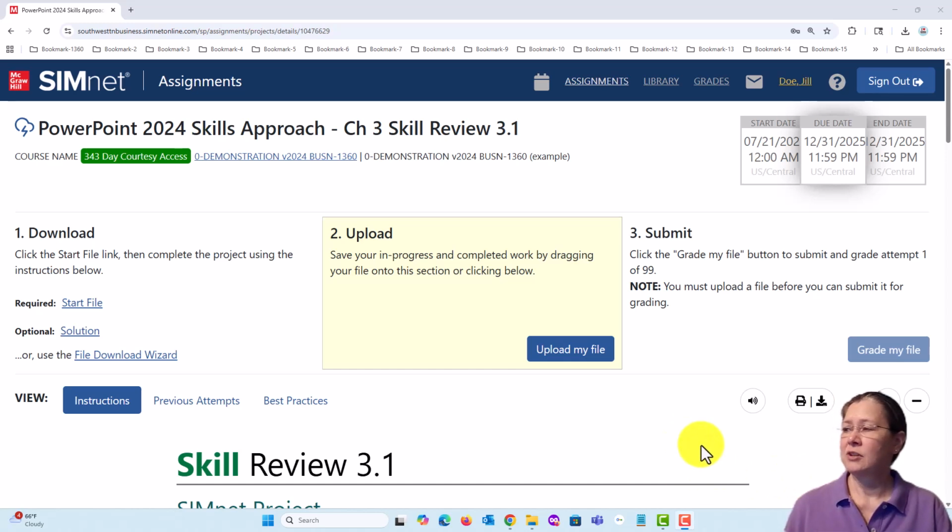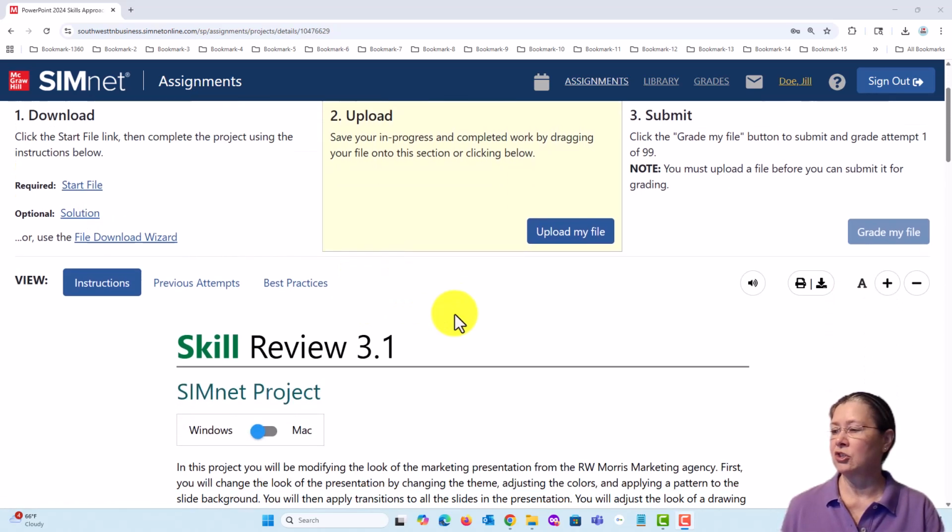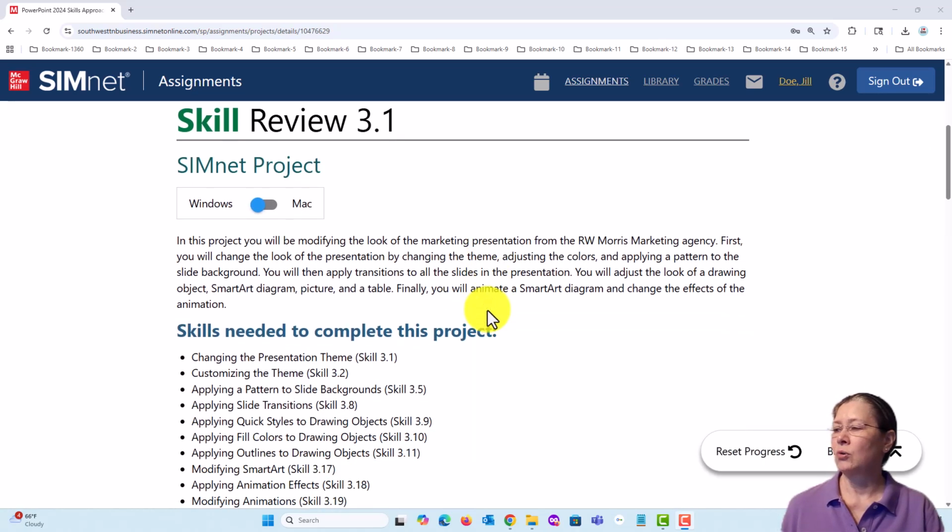I've opened SimNet, our skill review project, in Chrome, which is the preferred browser. And of course, I've downloaded the start file. We looked at the solution file. We have not yet opened the start file. We'll do that in just a moment. And as I scroll down,